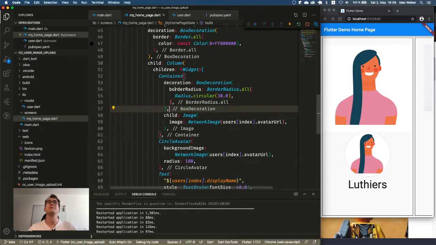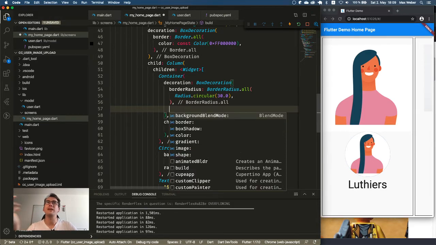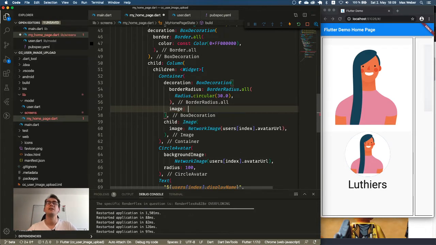So here. What we also can do, instead of having the border radius here, is have an image. But be careful, that image is not its own widget. Right, it is its own widget, but another widget. It is not an image widget and also not a child. The child lies on top, the other one is the background of that. And that has the decoration image, I think. And that has also the image option.